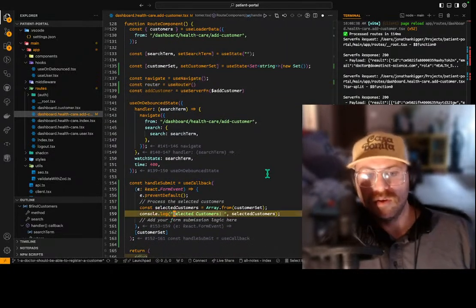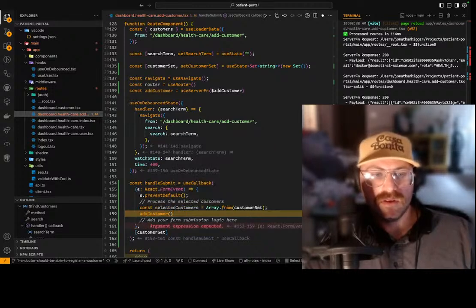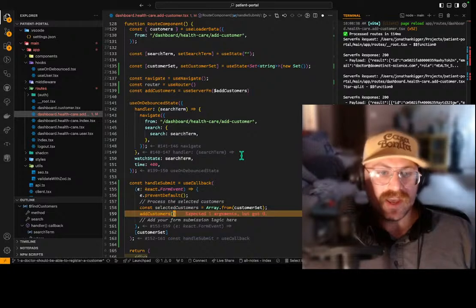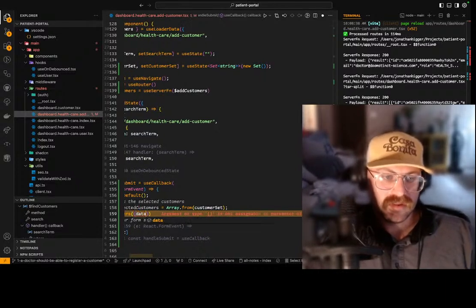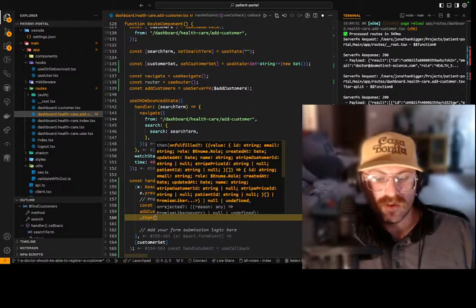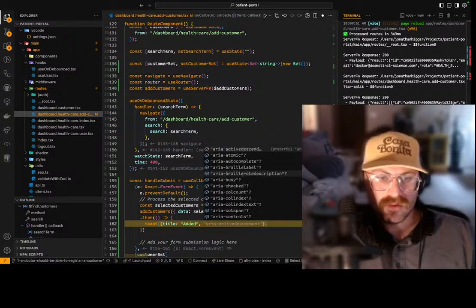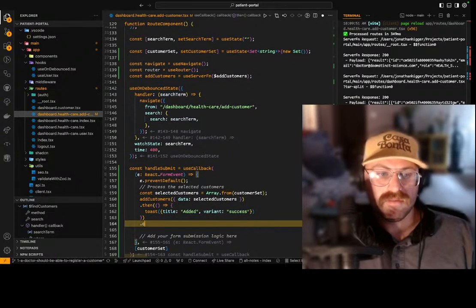So now when I submit this, we're going to go ahead and say we're going to add a customer. And this should really be called addCustomers. Add customers, selected customers. I think I need to plug in the data. That's just the way their interface works. And if this succeeds, we're going to go ahead and do a toast. In here, we're going to say that the title added, the variant will be a success. And if it fails,